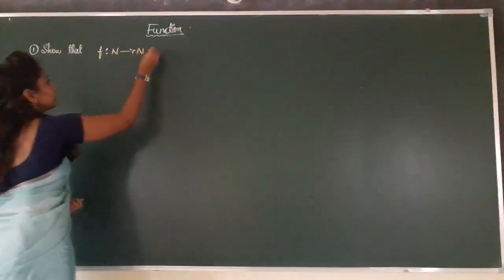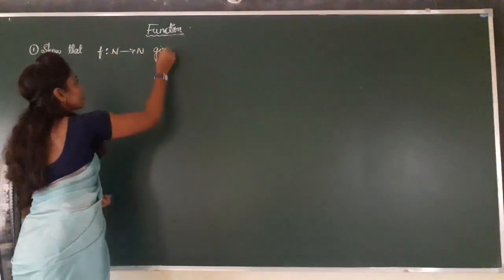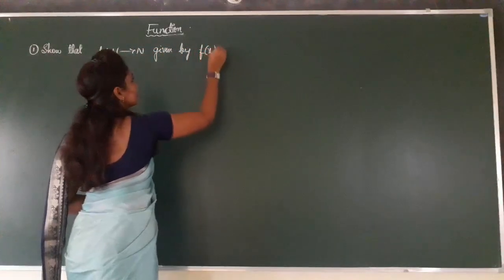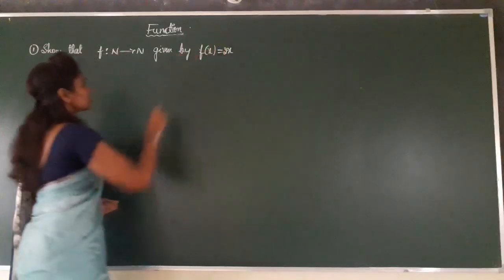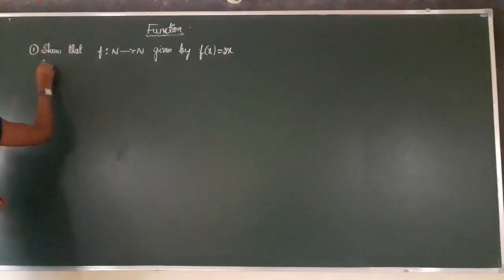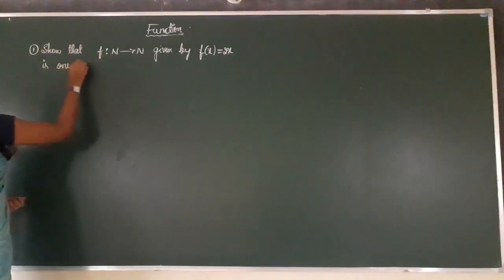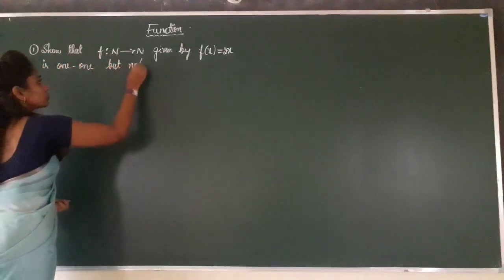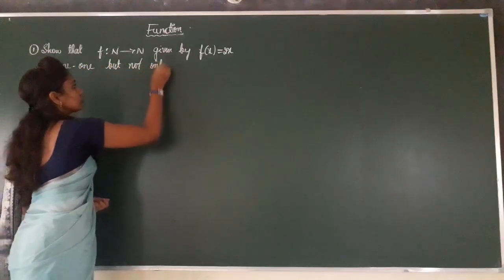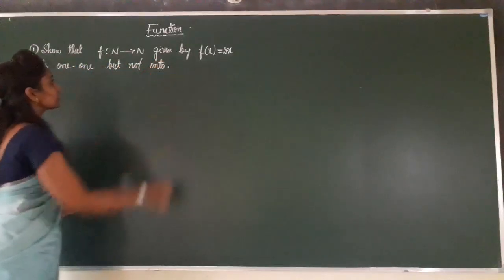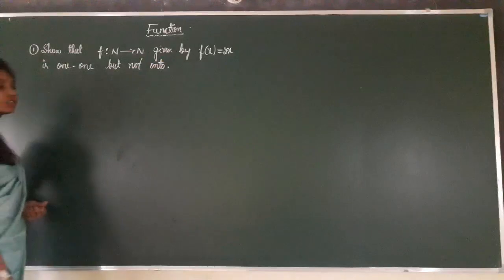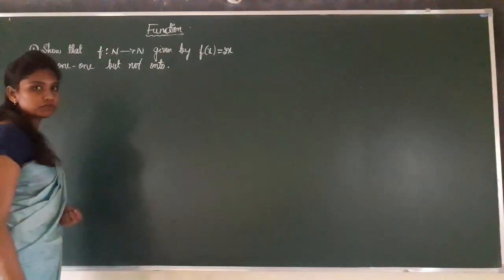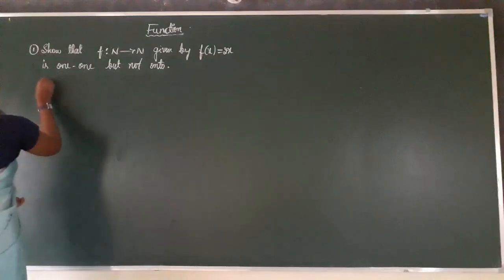The function given by f of x is equal to 2x is one-one but not onto. We have to show that the given function f of x is equal to 2x is one-one function but not onto function. Okay, for this,